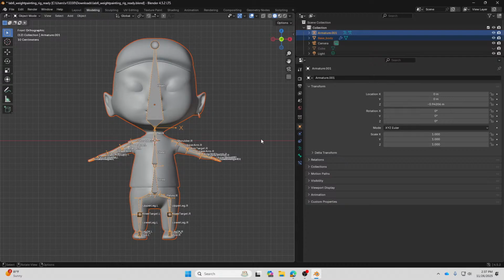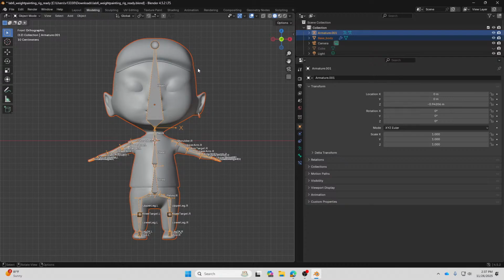Turn on solid mode, because somehow the texture on your end doesn't display. Go back to solid mode so that you can display the model only with the solid material. Because afterwards, if you have the missing texture, the pink color on the model is going to make it very difficult to see the weight paint.